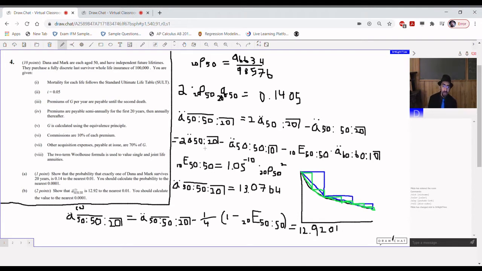It should be noted that formula is true whether or not the lives are independent of each other. However, it is not true if you have reason to believe that, suppose that Dana and Mark were married. There actually is reason to believe that simply by being married, you're likely to live a little